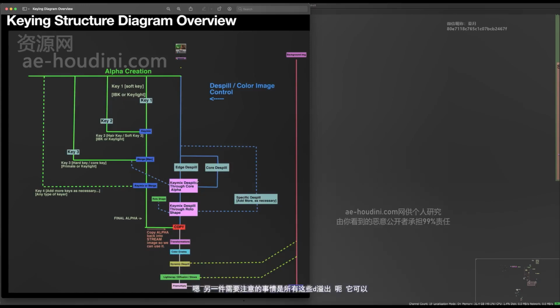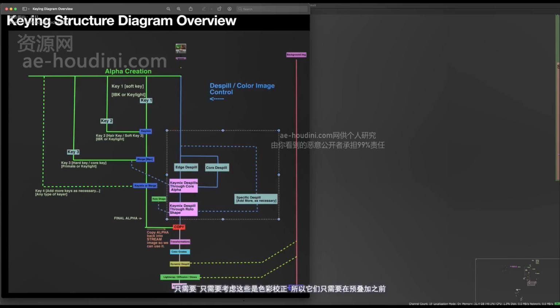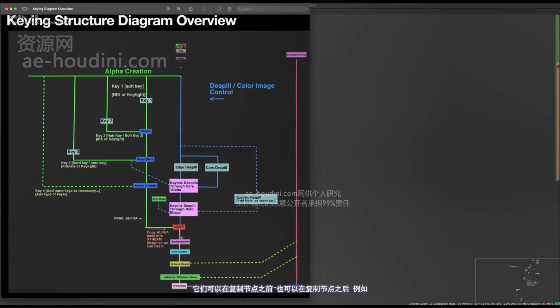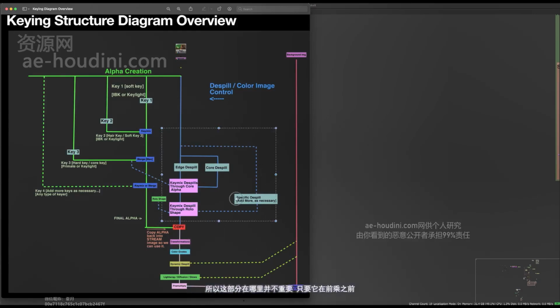One other thing to note is that for all of this despill, the only rule you need to think about is that these are color corrections, so they just need to go before the pre-multiply. They could go before this copy node, or they could go after. For example, you could take this whole portion and put it after this transformation process as well. It's not super important where this section goes, as long as it's before the pre-multiply and some of these corrections. The reason I'm saying that is because if we're scaling our footage,